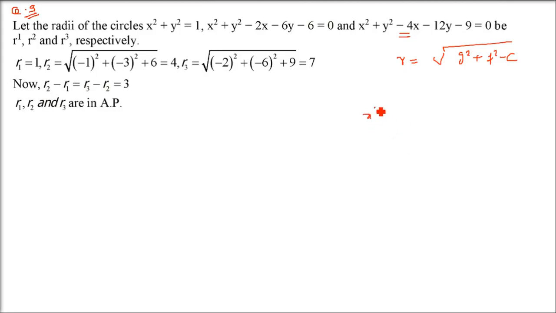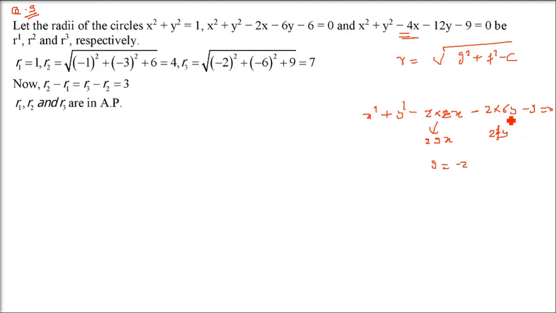Now just for completion, let me show how to find G, F and C. So this is minus 2 into 2x you can write, and this will be minus 12, so 2 into 6y minus 9 equals 0. If you compare it with 2fy, you can see that f is 2. F is 2, but minus f will be minus 2. I am comparing it with 2gx, and g can be easily seen to be minus 2. Then you come here.